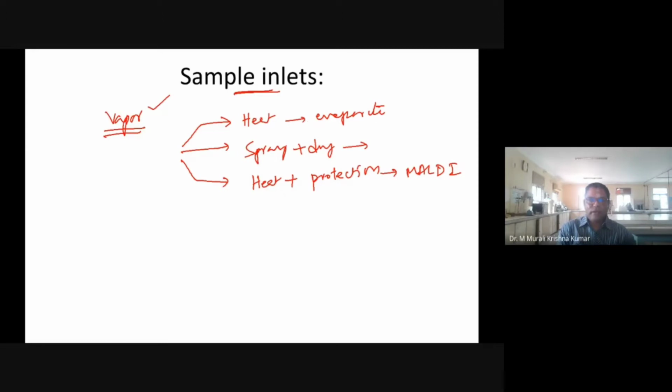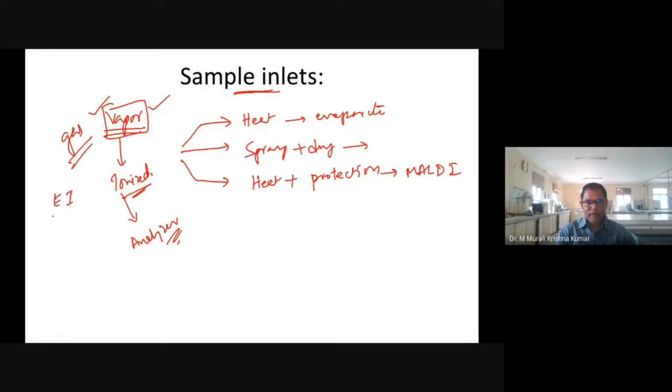All the time we need the drug, or the chemical molecule, in the vapor condition. Once it is vaporized, then it can be ionized. We need all the drug molecules in the vapor condition, or we can also make use of gaseous condition, so that ions present in gaseous condition can be allowed to run and the analyzer can be used. Here, what type of samples can we make use of? It all depends upon the type of ionization that you are using.